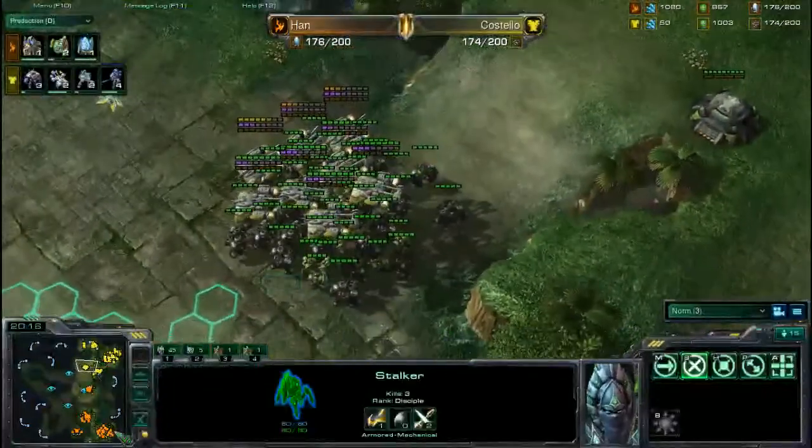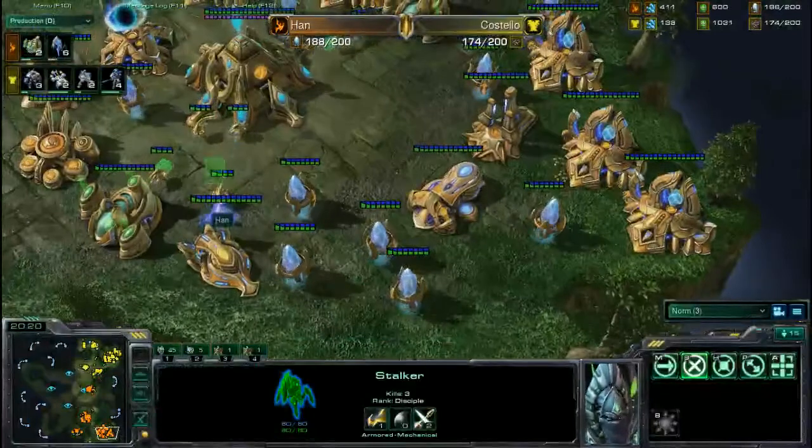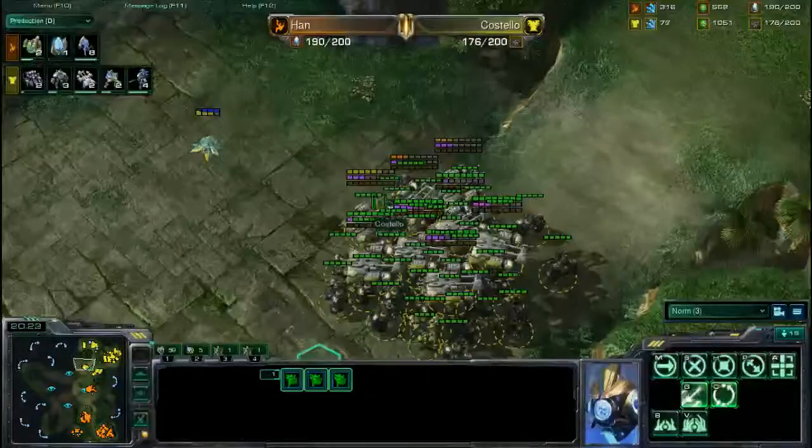He does have his third base up, and he actually should be transitioning all his probes over. He has basically no minerals left at his home base, and he still doesn't have blink research. A little bit surprised there. He does have the